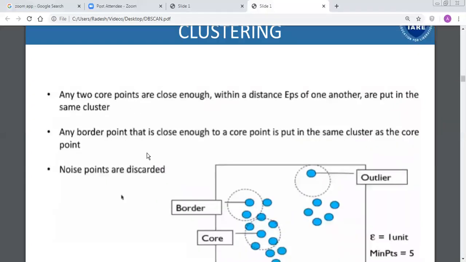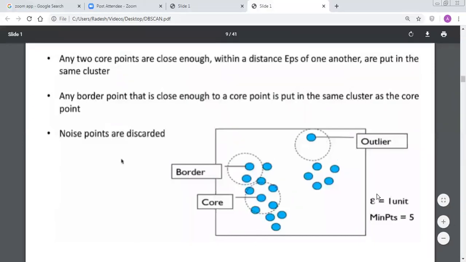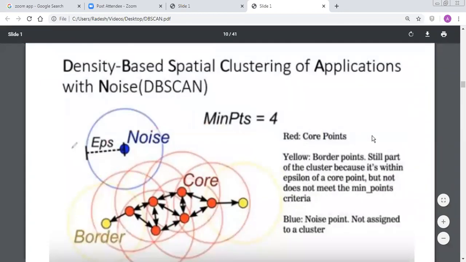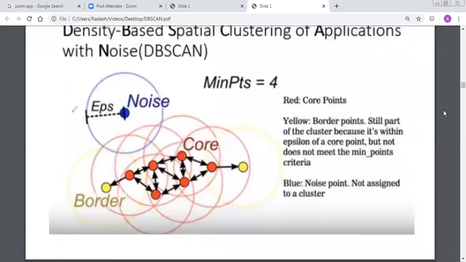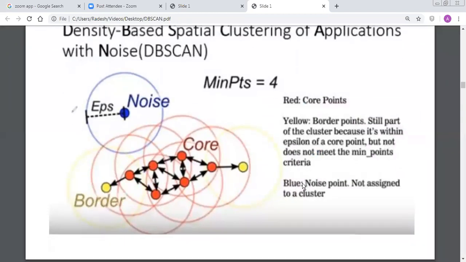So, the same thing in detail, where you can easily see the figure. This is the outlier, the core point, and the border point. This is another example, and I am going to make you solve a good problem if you understood these concepts very well. So, the density based spatial clustering of applications with noise.